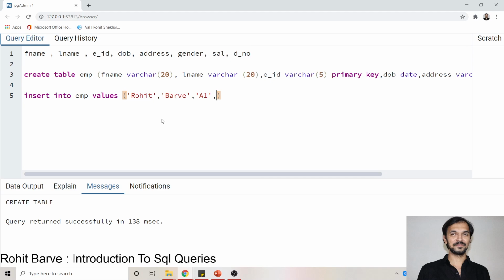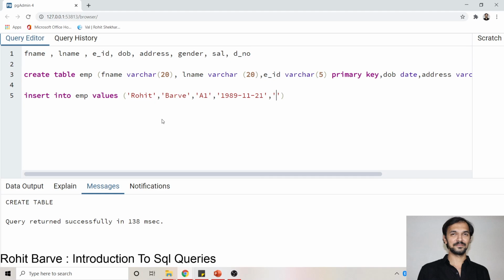Date of birth. Now the fourth attribute in the sequence as we have defined above is date of birth. As I already told you, the data type is date, but it accepts a certain format. The format is something like YYYY, so 1989, dash, month. You have to write the month number, so let's say 11, just as an example. And date, so let's say 21. Okay, comma. Now we have to mention the next attribute, that is address.